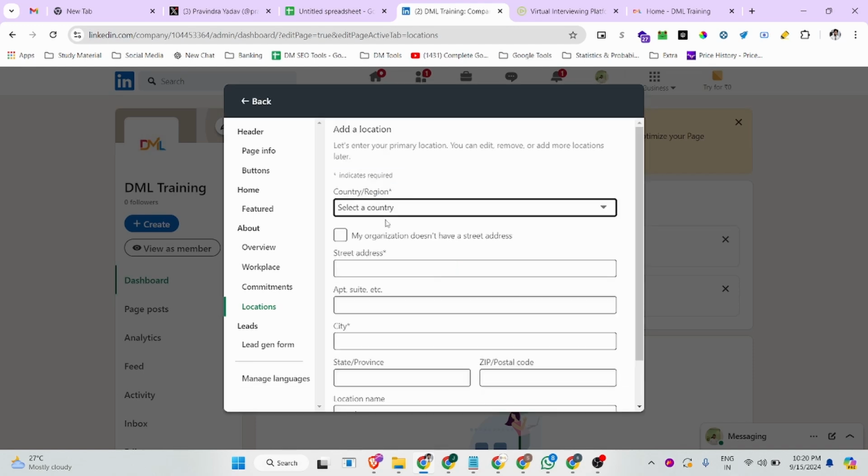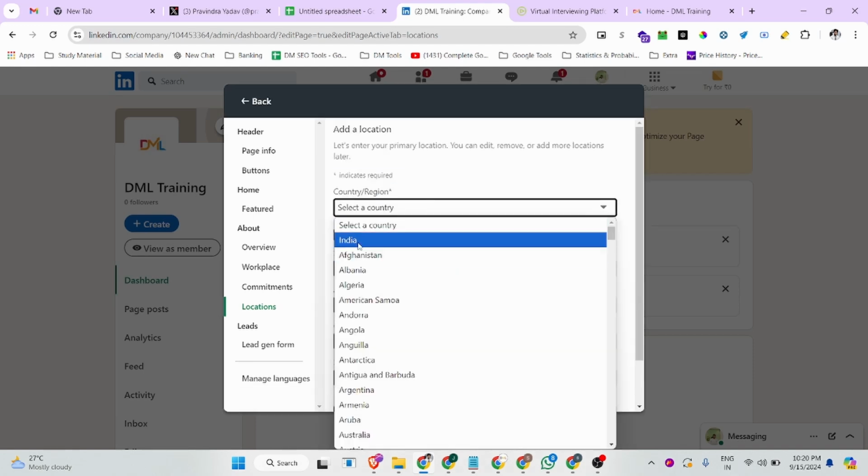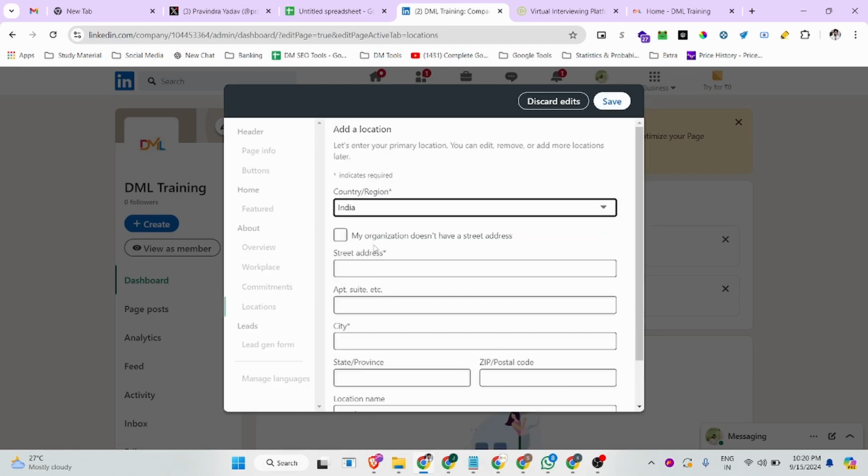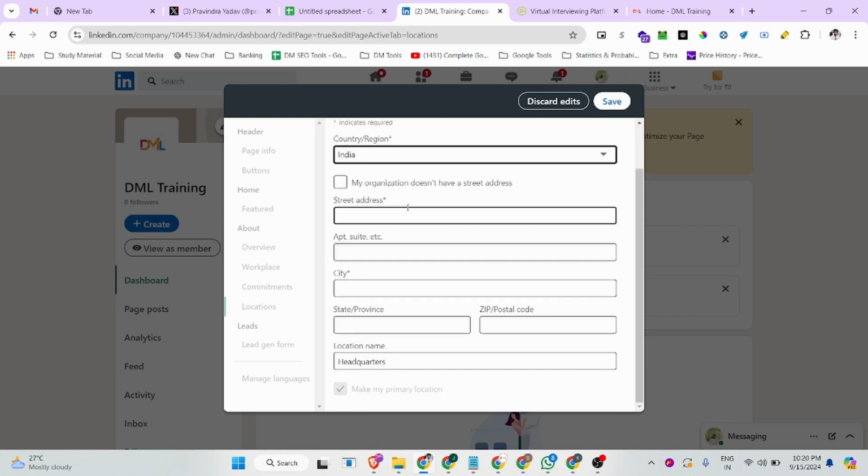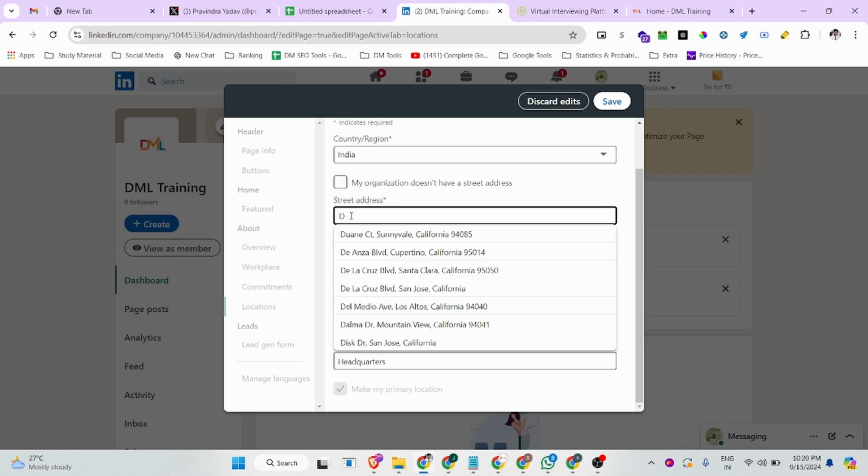And from there you can add your company location. So India, and my organization doesn't have a street address. So if your organization or company doesn't have any physical address, you can use this option. Otherwise you can fill in all your location details, then you can add your company address. So for now I am going to use my street address, D44